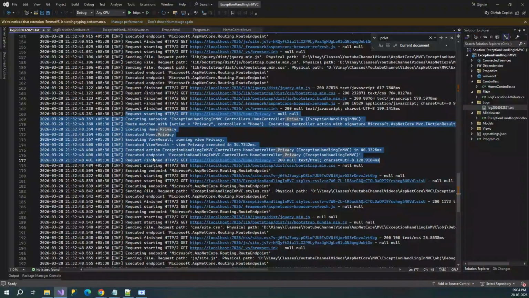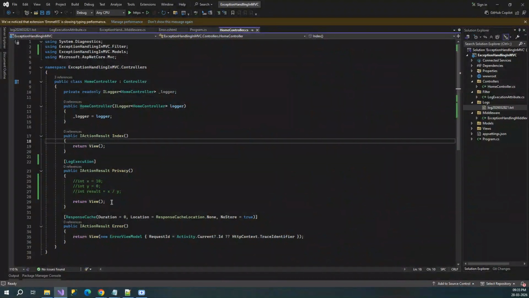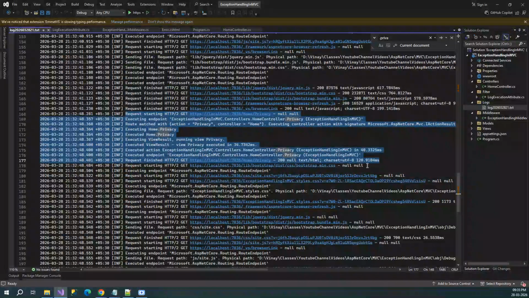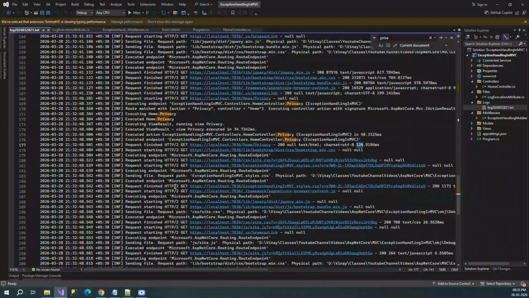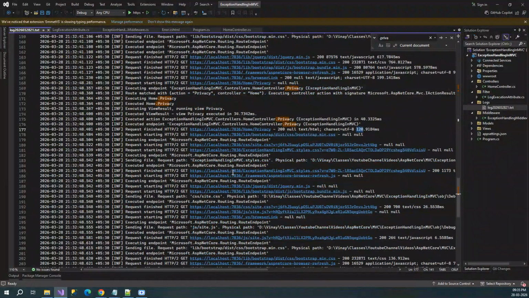So once we click on the privacy link, it goes to the controller, then from the controller it executes whatever code we have in the privacy method. Currently we don't have much code, but still it goes over here, returns the view, and overall it did this many things and took this much time. This is what is logged. Now we can see every time we visit any page, these static files are also being loaded every time, and those details are also logged. Ideally we don't need all this, so we can control that with a very simple